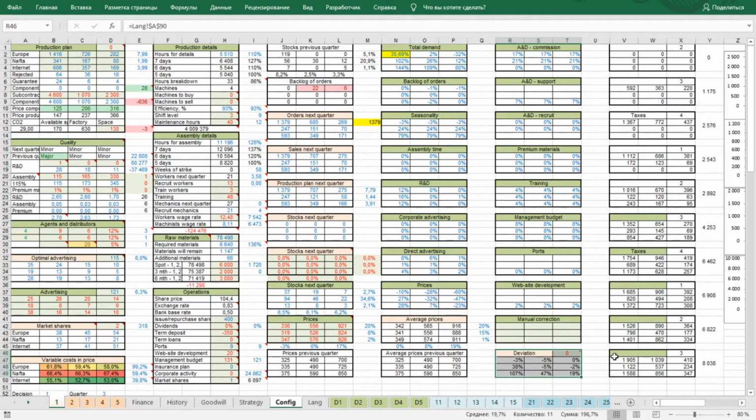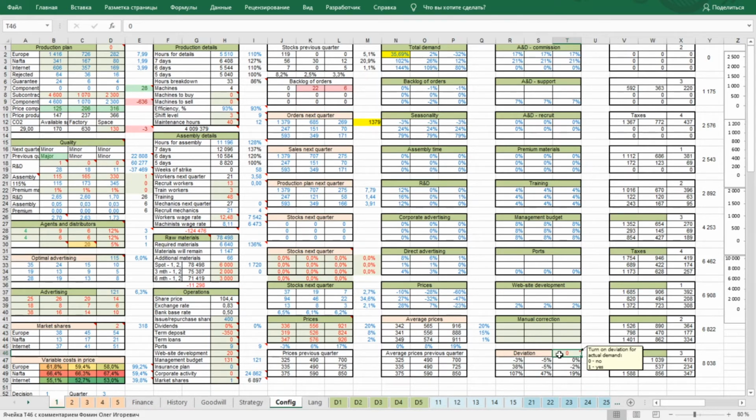For example, now we calculate a decision for the first period, and we also have a management report for the same period, which is already inserted into the model. The deviation table has a switch in cell T46 with a value 0 and 1.